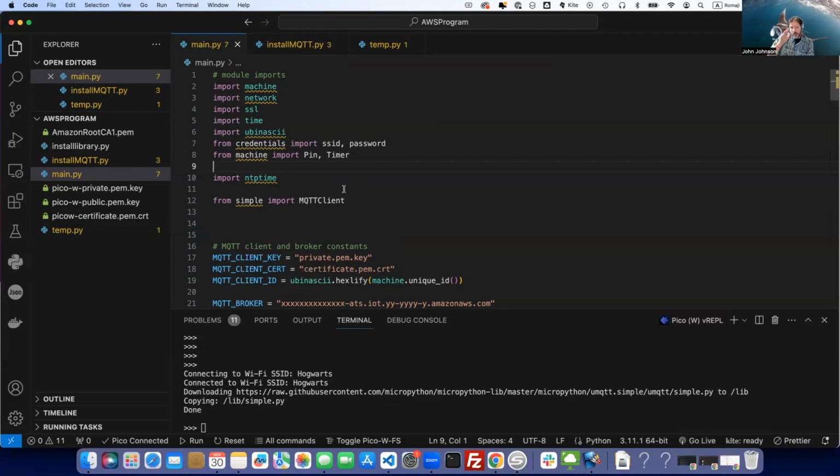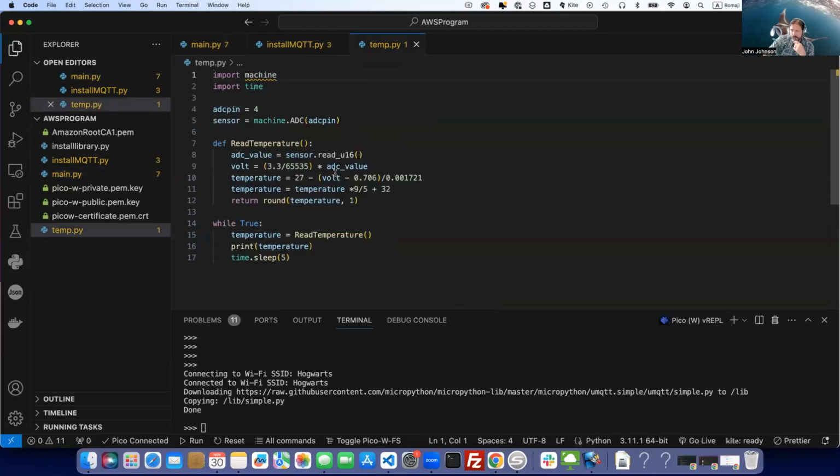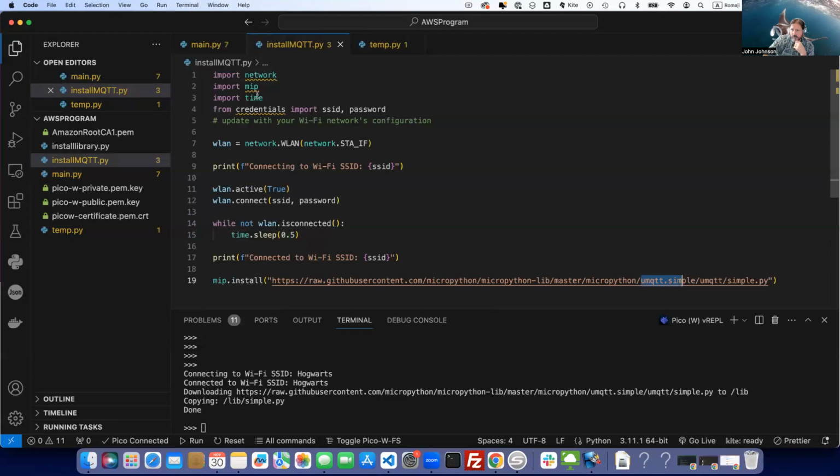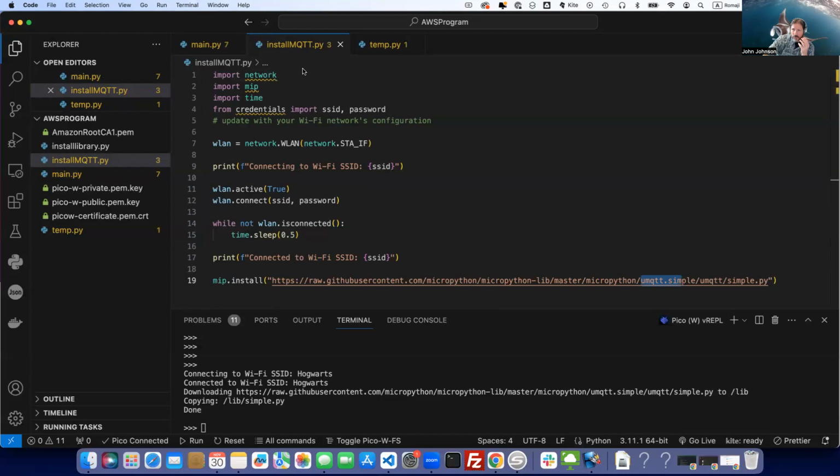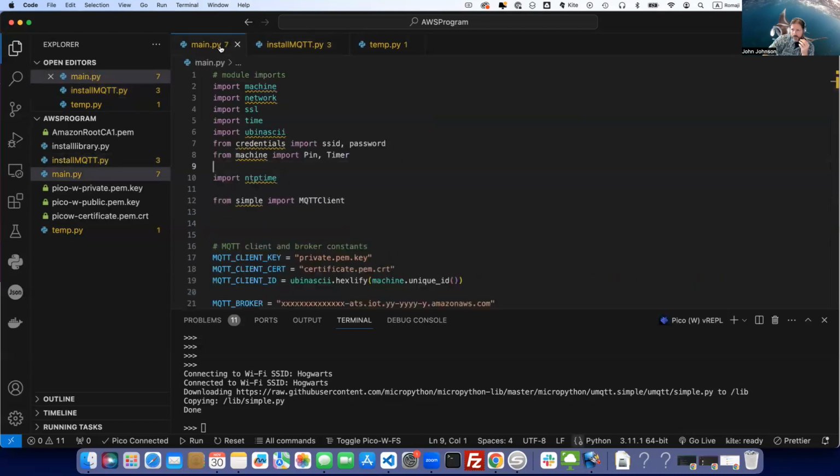So watch what I'm going to do here. I'm going over to temperature.py here. And the things that I need to take out of here are machine. I think they've already got time over here. Yeah, so I need to grab, and this is what I want you to do. I want you to go through your main.py and modify this in a way that it can use the code that you made before. You're going to be ripping stuff out, deleting stuff, and I'm going to do it here